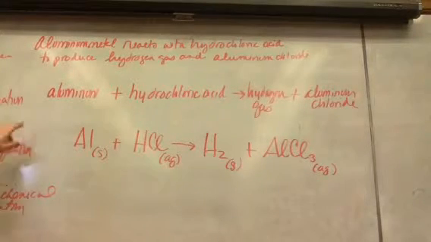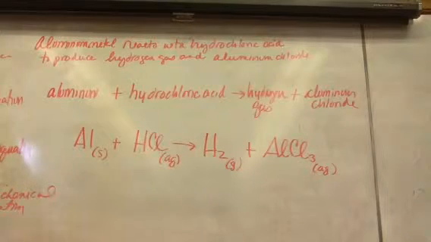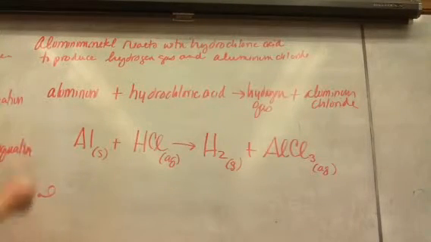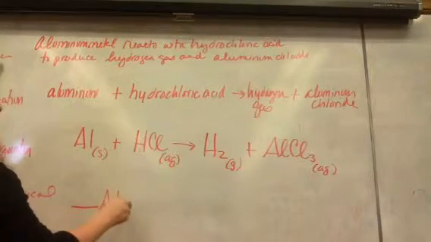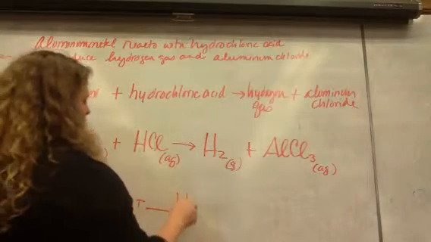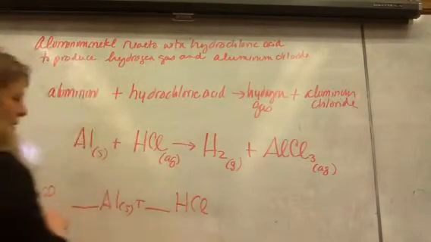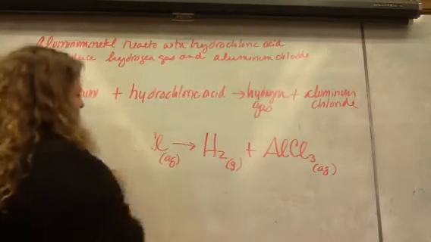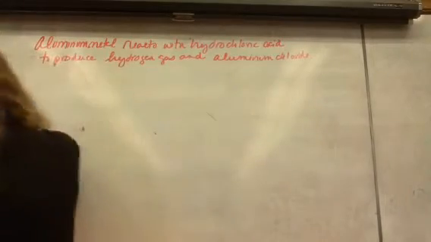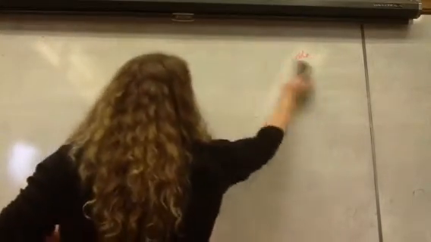Okay? Formula equations are not balanced. Chemical equations are balanced. That's the difference between those two. So what I typically do is I recopy my formula equation with a little line out front. Actually, you know what? I'm going to erase all this, because I want to show you a technique that I use. So when you're creating your balanced chemical equation,